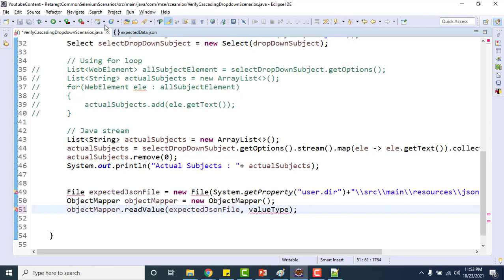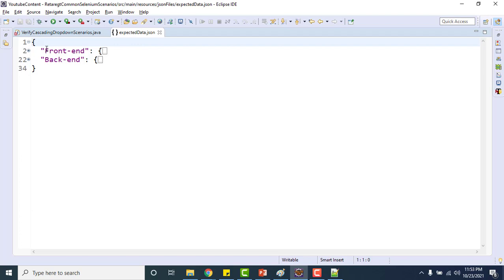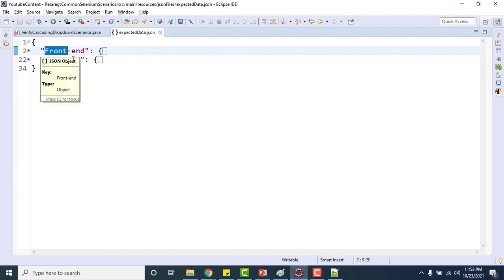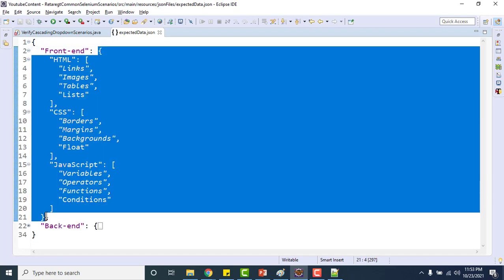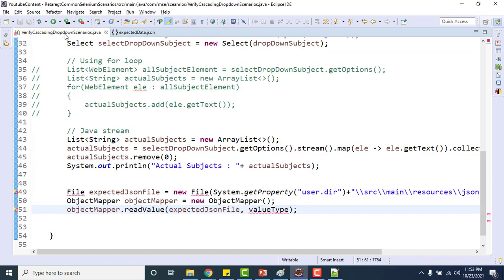If you see this JSON, it is actually a JSON object, which is a key value pair. This is the front end key and back end is another key, and this front end has some values, right? So this can be read as a map. Simple map. I am already covering this in my RestAssured playlist, so you can go and watch if you are not aware of this concept.